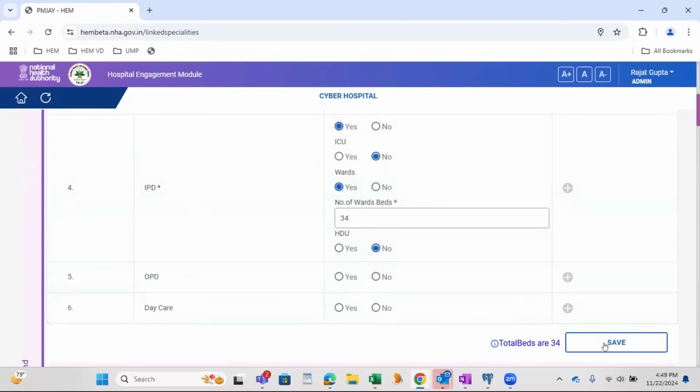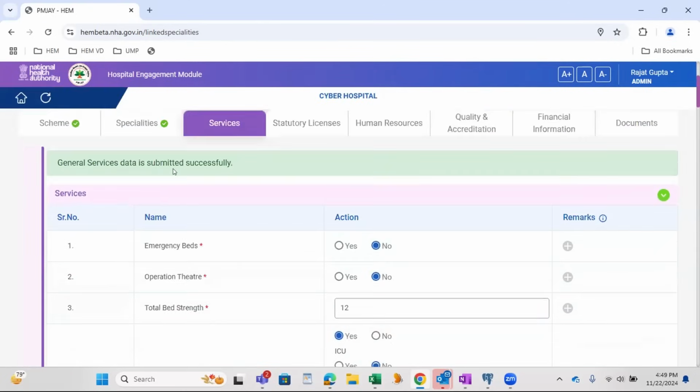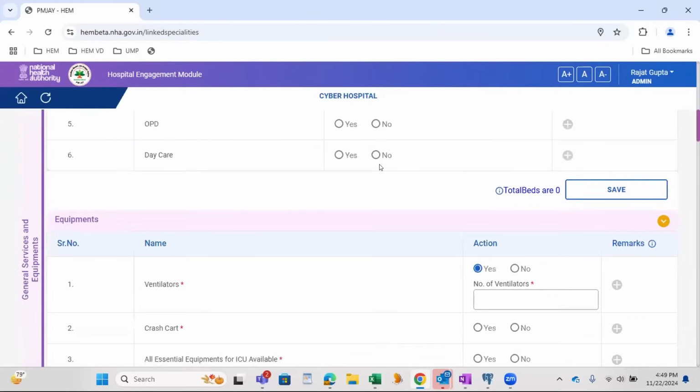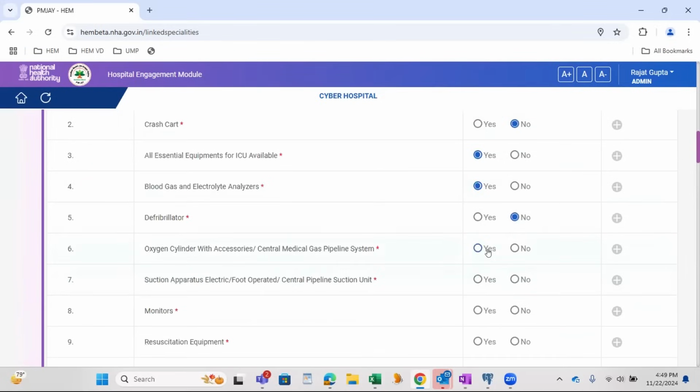The moment you fill all mandatory details, click on save. General services data is submitted successfully. Likewise, you have to fill all with all the mandatory fields.